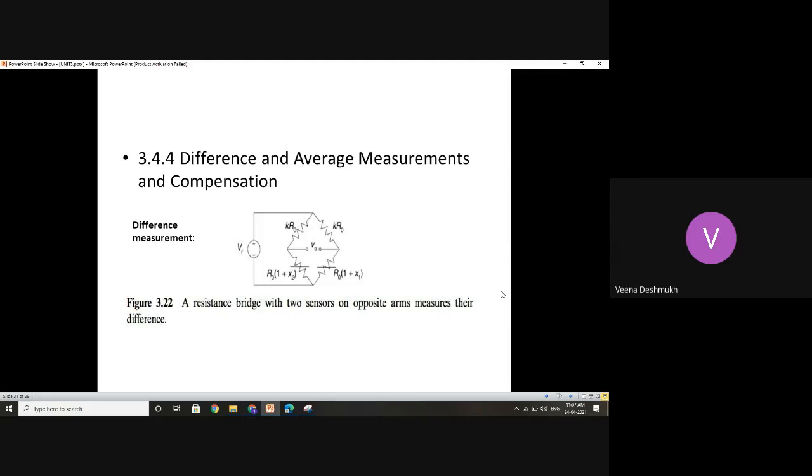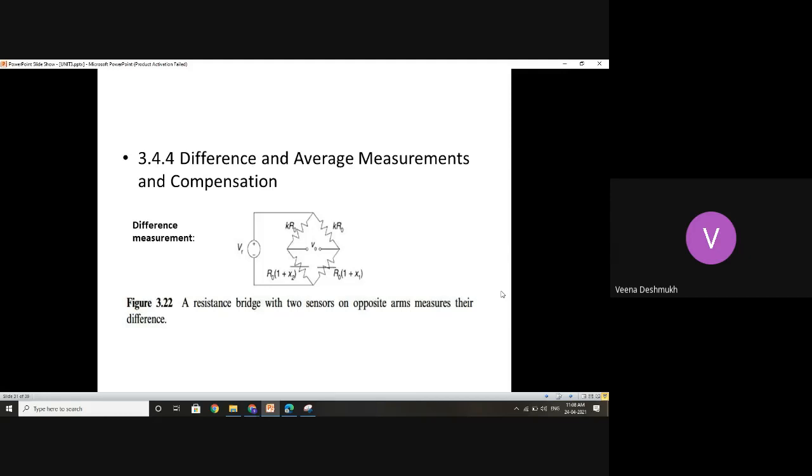We can minimize the errors occurring due to temperature variation in all the four arm resistors, so that exclusively whatever the parameter we are measuring, suppose if I take the example of a temperature measurement, the temperature variation which is sensed by the resistive sensor should happen only due to temperature variation or the parameter under measurement, not because of self-heating or any other variations. So by taking care of this, by making the bridge stable